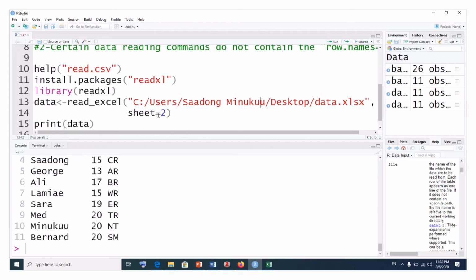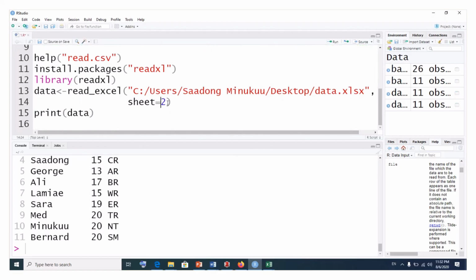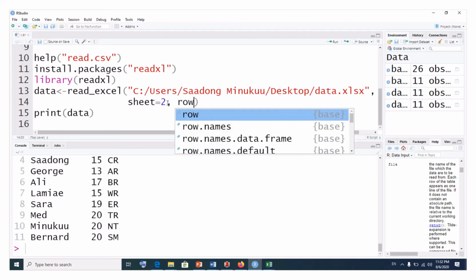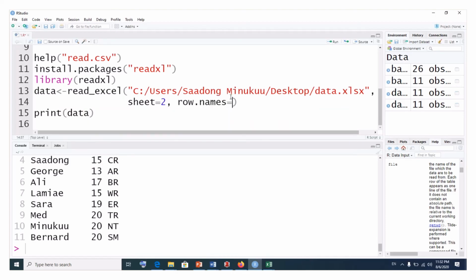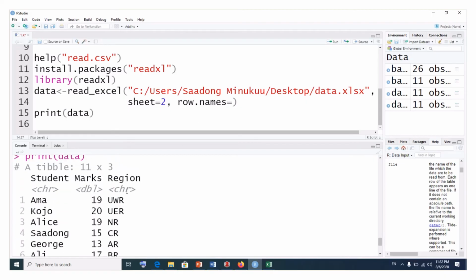Let me show you why. Let's assume we just come and put a comma here and say row.names is equal to, see that in the process it never suggested it for me because it doesn't exist, but let's assume it's equal to, then we write the name of the row. Let's assume we want to use the first row as the names, so we say 1,